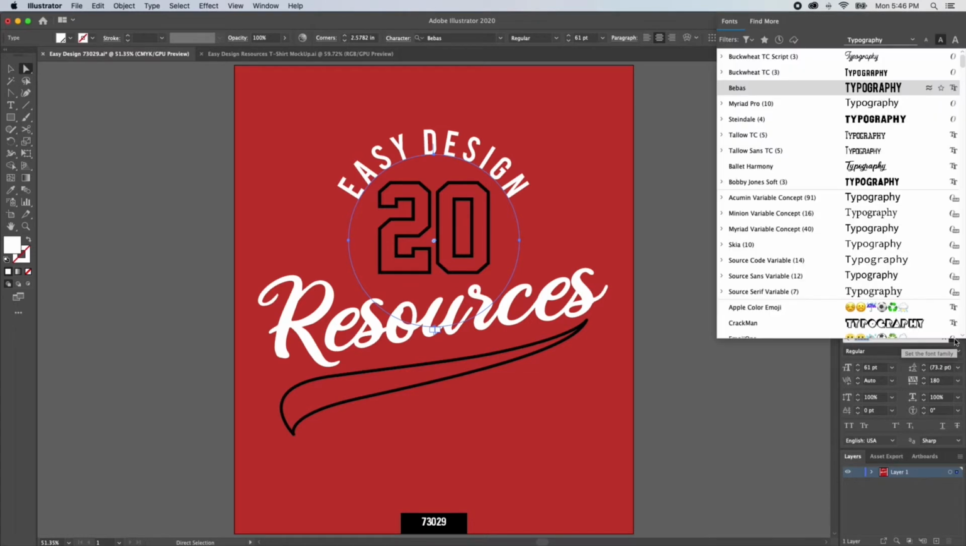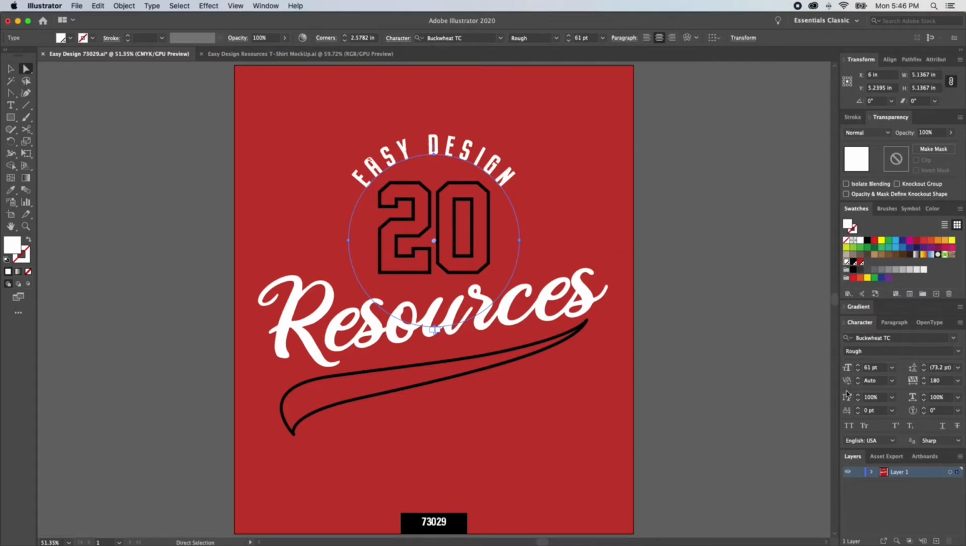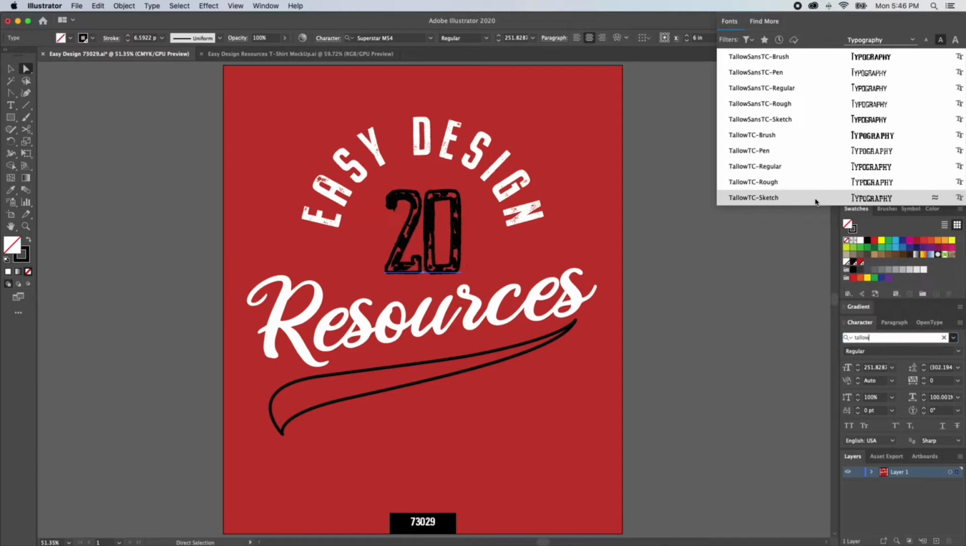We're going to change that to Buckwheat and Rough. We're going to make it bigger. And then Alternate or Option left will reduce the kerning. I think that looks good right there. We'll change the 20 to Tallow